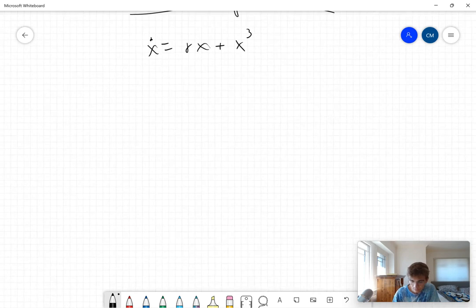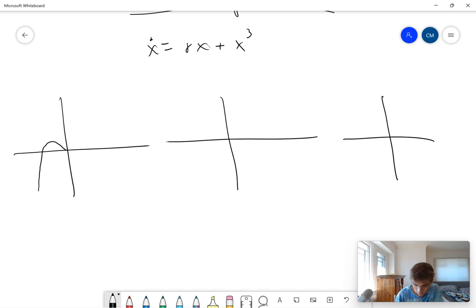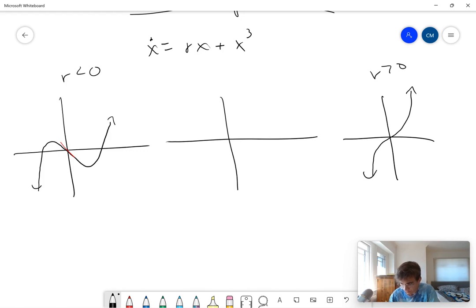Now, if I draw out the diagram side by side here, we're going to start out with r less than 0. And then as we rotate this origin slope to become positive, we're going to get something like this. And here's